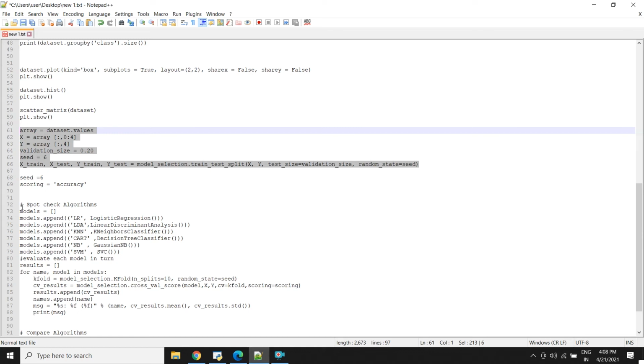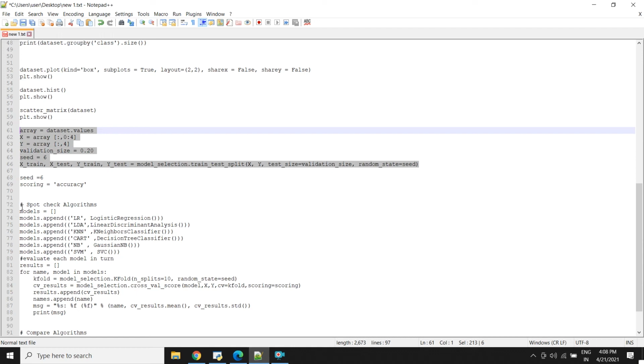These algorithms are a good mixture of simple linear and non-linear algorithms. The simple linear ones include logistic regression and linear discriminant analysis, and the non-linear part includes the KNN algorithm, the CART algorithm, Naive Bayes, and the support vector machines.